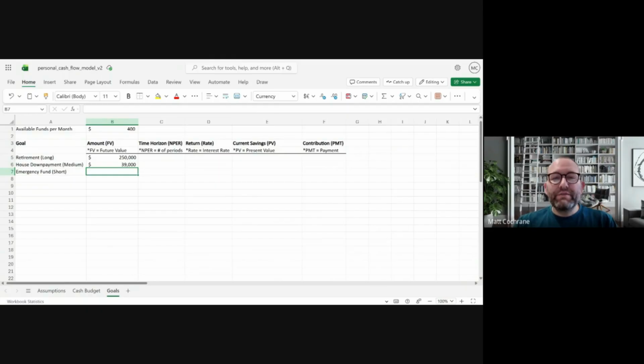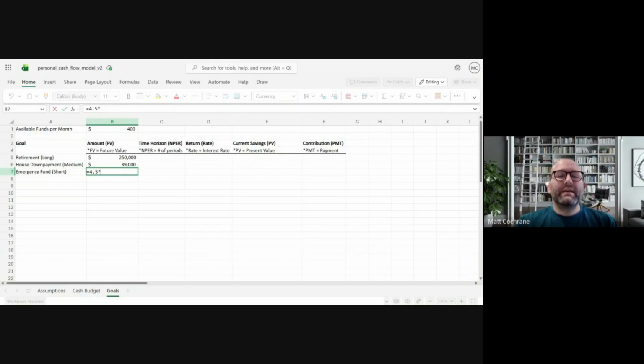Lastly, an emergency fund. And again, the emergency fund description, how to come about that. It is a result of budgeting in a way, because you want to identify those costs, those expenses that are still there that you're still going to need to fund in the event of job loss or whatever the case is. So for here, we're going to just set the emergency fund as an estimate of 3 to 6 months. So we'll take the midpoint of that, which is 4.5 months,